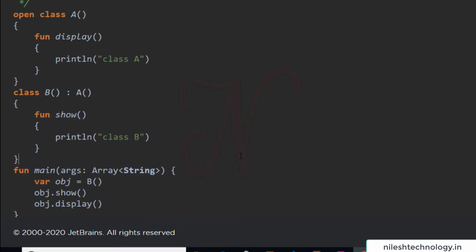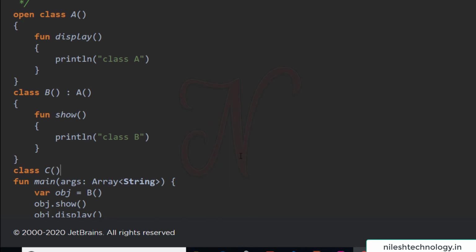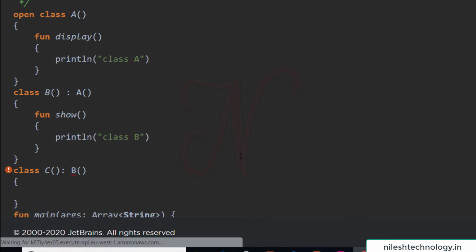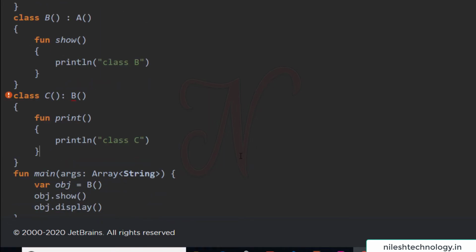Now if you want to add one more class, for example this is your third class, class C, which inherits from class B, and here one more function, fun print. println, this is your class C. See, there is an error.